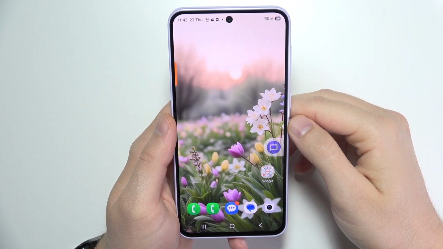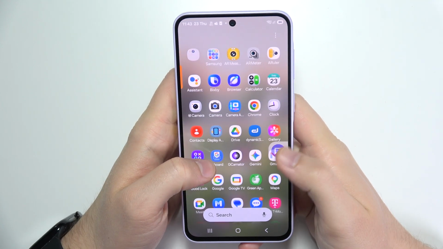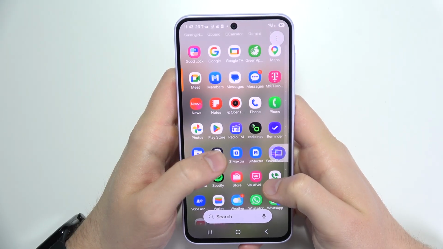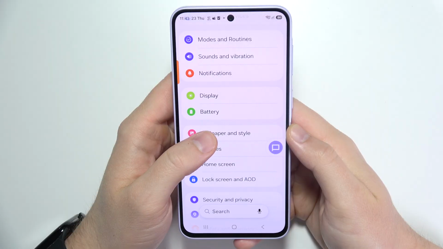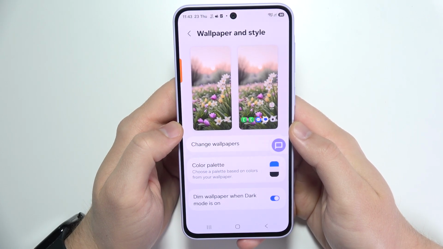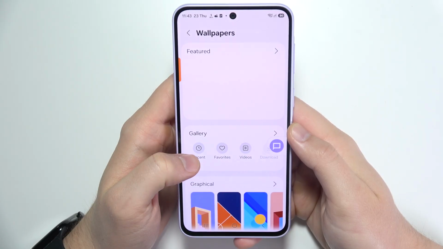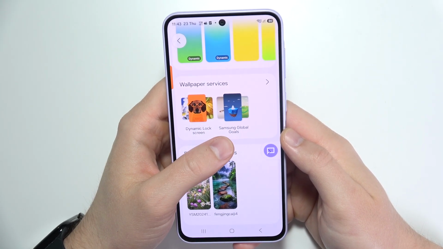To enable the auto wallpaper change feature on the Samsung Galaxy A57, first of all, you will have to open System Settings. Now you will have to scroll down and go for Wallpaper and Style. Then click on Change wallpapers. And right now, we have to scroll all the way down and select one of the wallpaper services, Samsung Global